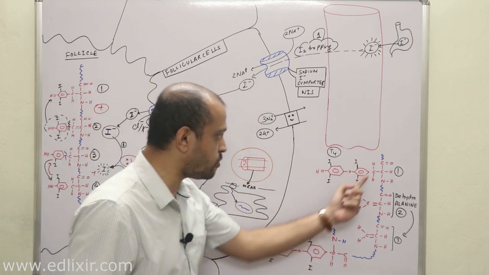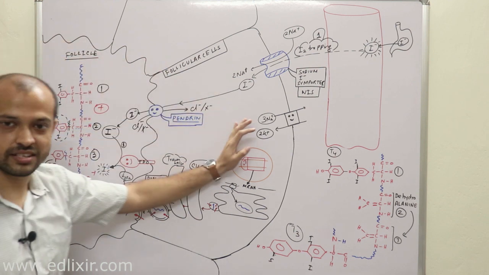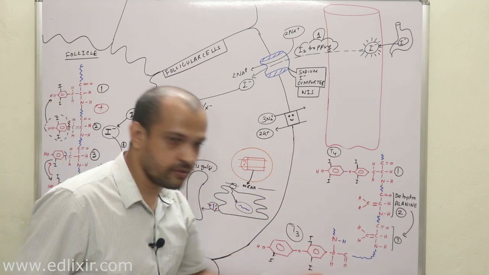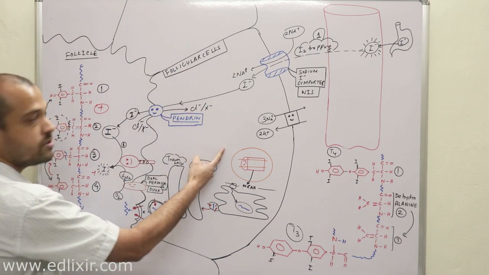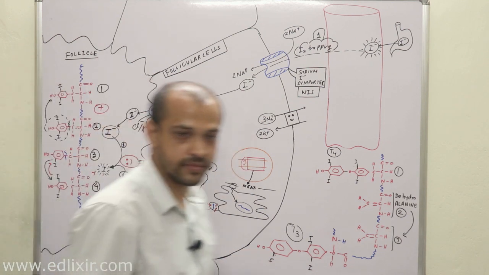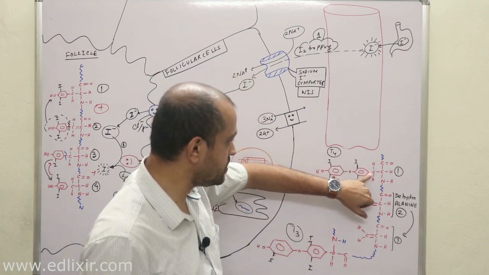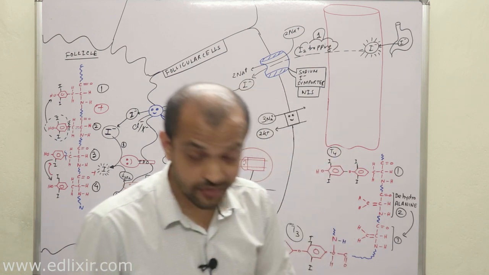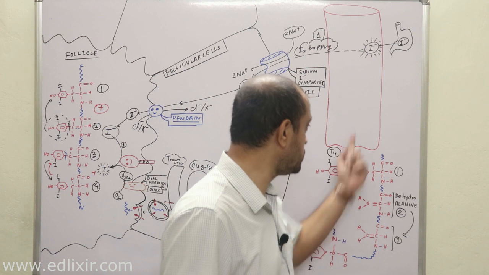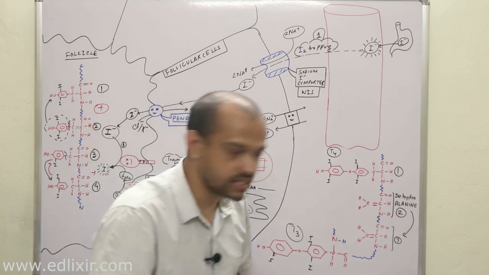Now this cleavage of bonds will not take place in the follicular lumen or follicle. It will take place in the follicular cell. That means after modification of thyroglobulin, this modified thyroglobulin will re-enter the follicular cell and will be activated. And they will be cleaved, so that the active forms of T3 and T4 hormones can now come into the blood vessels. Clear? Okay.